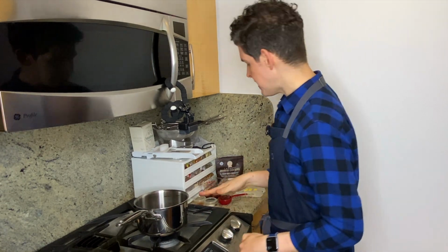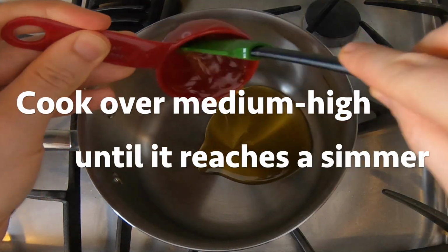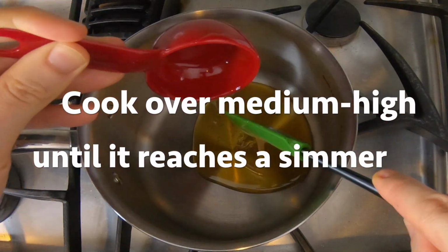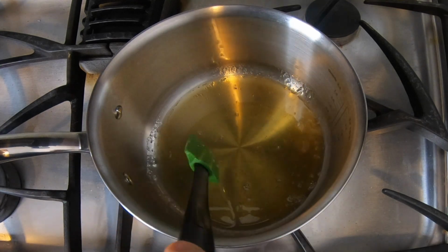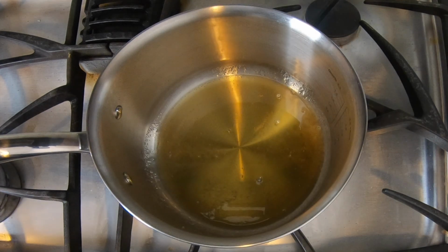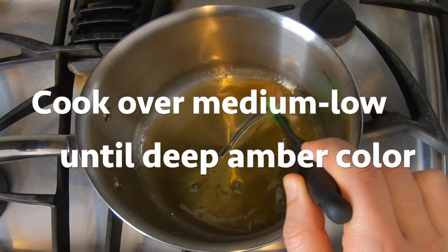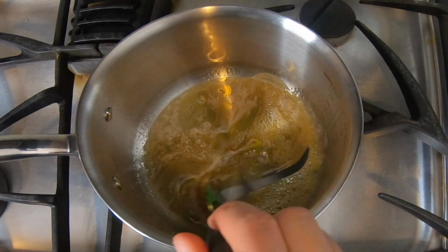So over medium-high heat, I've got a small to medium-sized saucepan. I'm adding in a 1/4 cup of honey, and we're gonna bring this up to a simmer. All right, so it's been about 5 minutes, and we are having bubbles rising up to the surface pretty regularly here. So now that we've reached a simmer, I'm turning the heat down to medium-low. We're gonna cook this for about 3 to 4 minutes until it's a deep amber color,